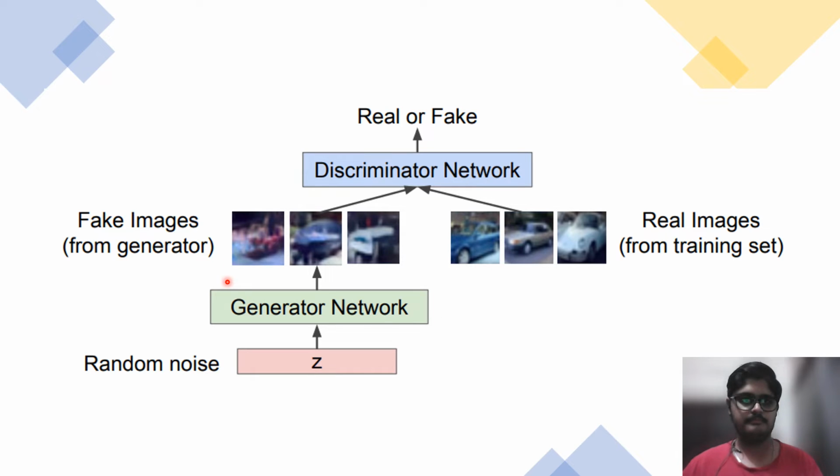by using the features that it has extracted from the training dataset, it maps through the latent space and then generates fake images. Now these fake images and the real images are passed on to the discriminator network, where the task of the discriminator network is to distinguish between these images